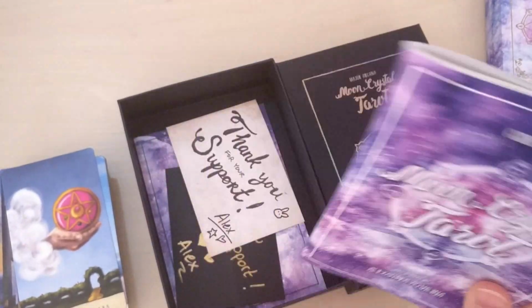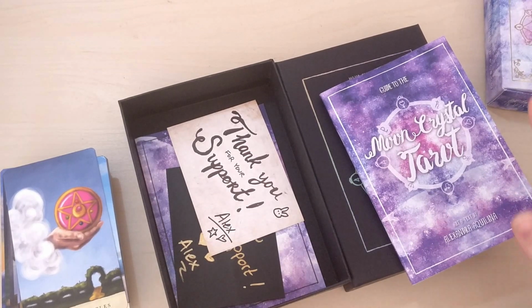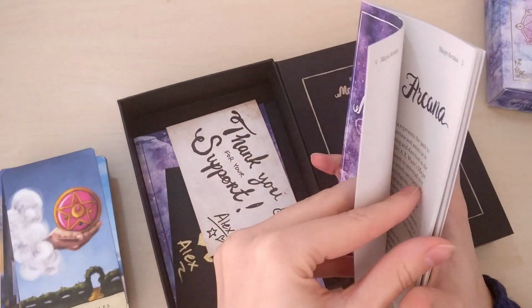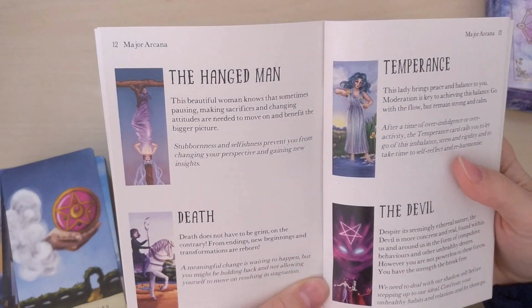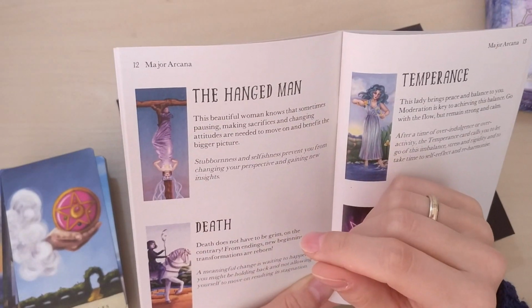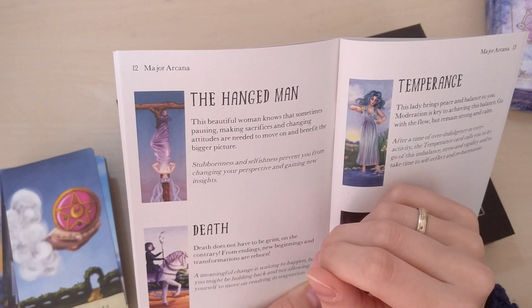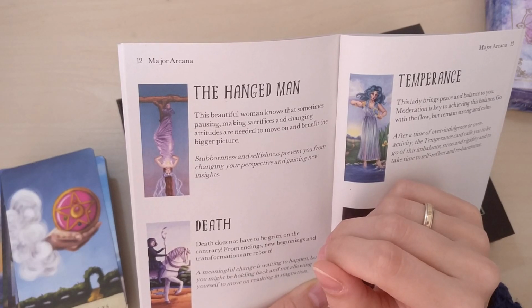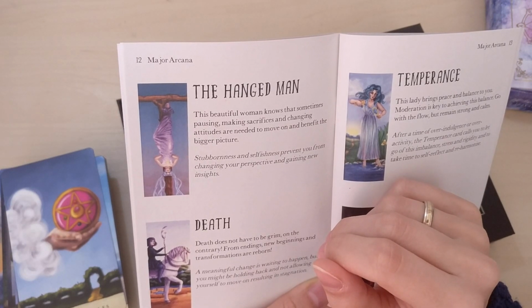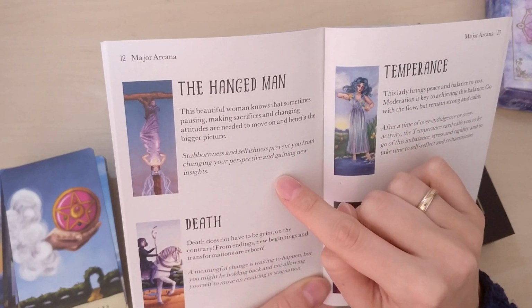We get this little guidebook here because with the majors we only got keywords, and here it's been expanded. For example, here you can see the Hanged Man. It's a hanged woman, or actually hanged queen. This beautiful woman knows that sometimes pausing, making sacrifices, and changing attitudes are needed to move on and benefit in the bigger picture. Stubbornness and selfishness prevent you from changing your perspective and gaining new insights. So yeah,